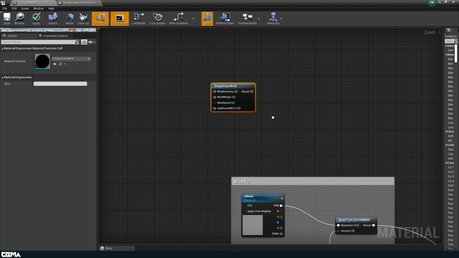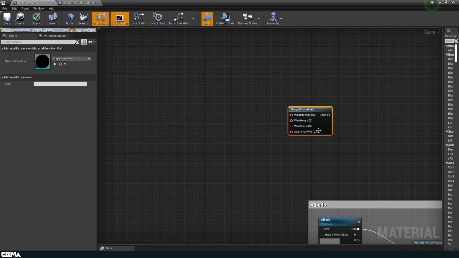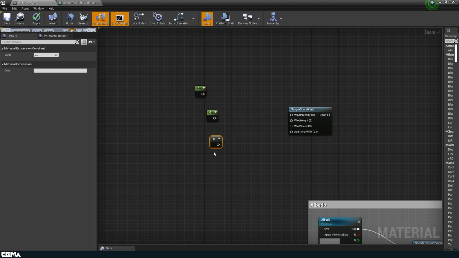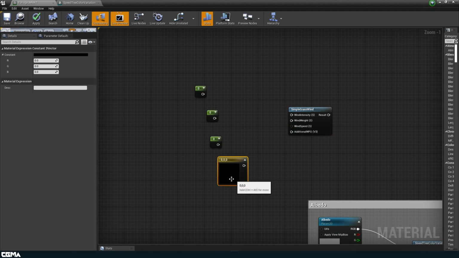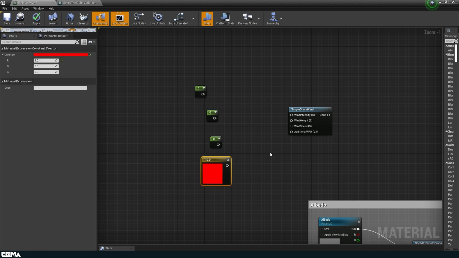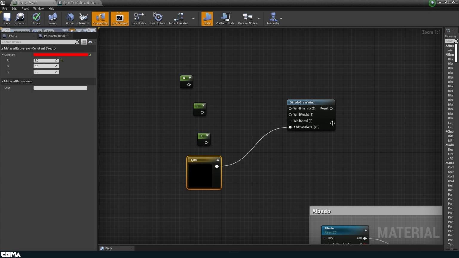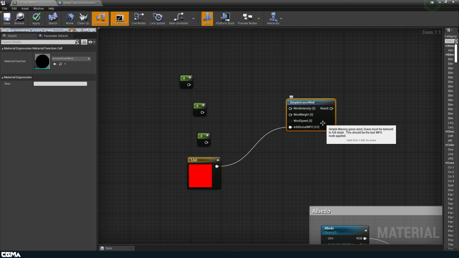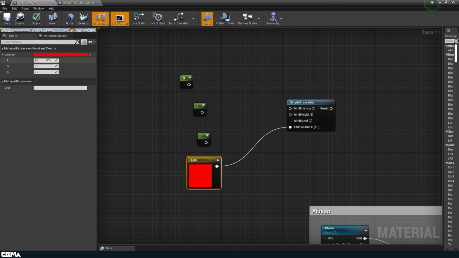So this guy, and then what we're going to do is we're going to bring in a couple parameter vectors. This guy, what we're going to do is we're going to plug this into our WPO. And what this will do is it just applies this to a simple direction. And I believe if you just set this to one here or one here, you can apply your wind direction in any different direction. You don't want to put, of course, in here, but it needs like a vector because it's like a physical